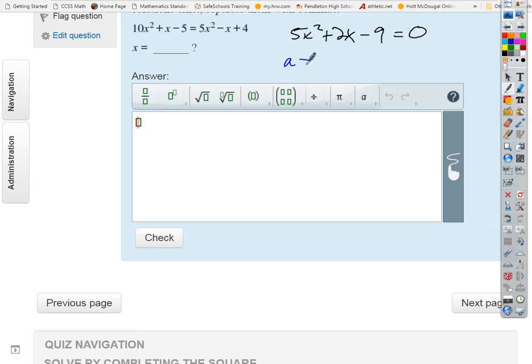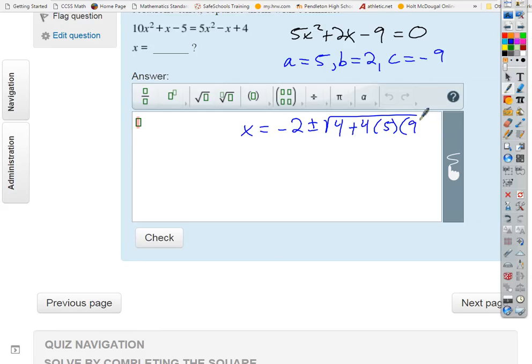So this tells us a is 5, b is 2, c is negative 9, and so the quadratic formula yields x equals negative b plus or minus the square root of b squared, 2 squared is 4, minus 4 times 5 times negative 9. So we'll change the product to positive, divided by 10, 2 times a. So we get x equals negative 2 plus or minus the square root of 4 plus 20 times 9 is 180. So 184,